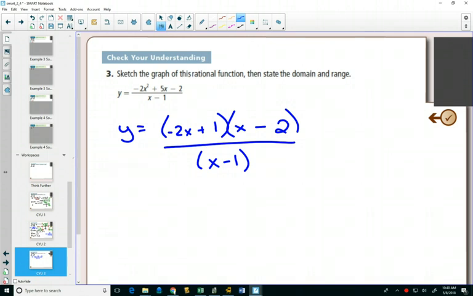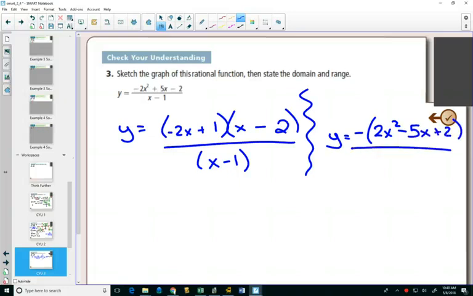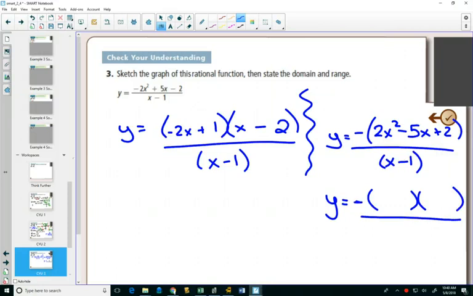Okay? Sometimes factoring with that negative is difficult. So sometimes people factor out that negative to begin with. Can you see that if you do that, you would get inside 2x squared minus 5x plus 2. And just because you've done it so many more times, so I still have this negative factored out in front, it might be easier to factor this because you know it has to be 2x and x. To get 2 is going to be 2 and 1. This one would have to be plus. This one would have to be,